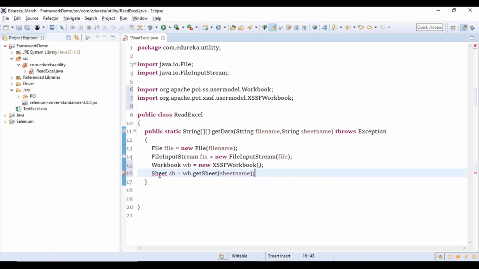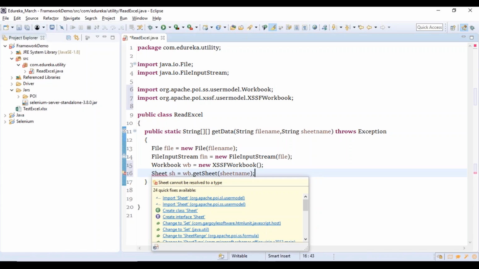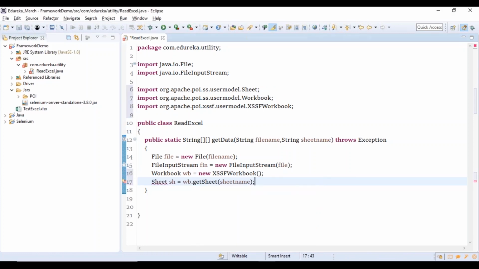This Sheet is a class which will help you to deal with the sheets present in a workbook.